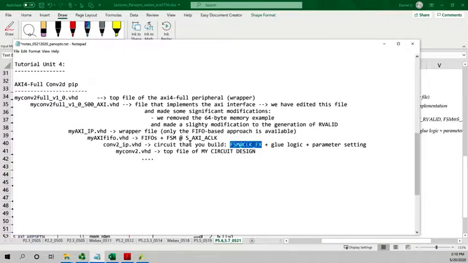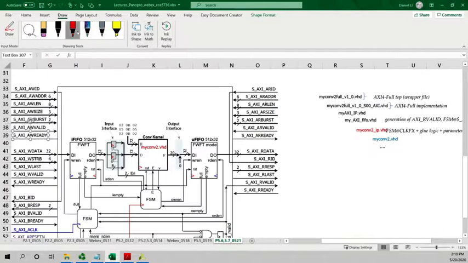The FSM, the red FSM, the glue logic, I will explain what that is in a moment, and the parameter setting. Let me mention what this is. So essentially, right here, all of this, including this,